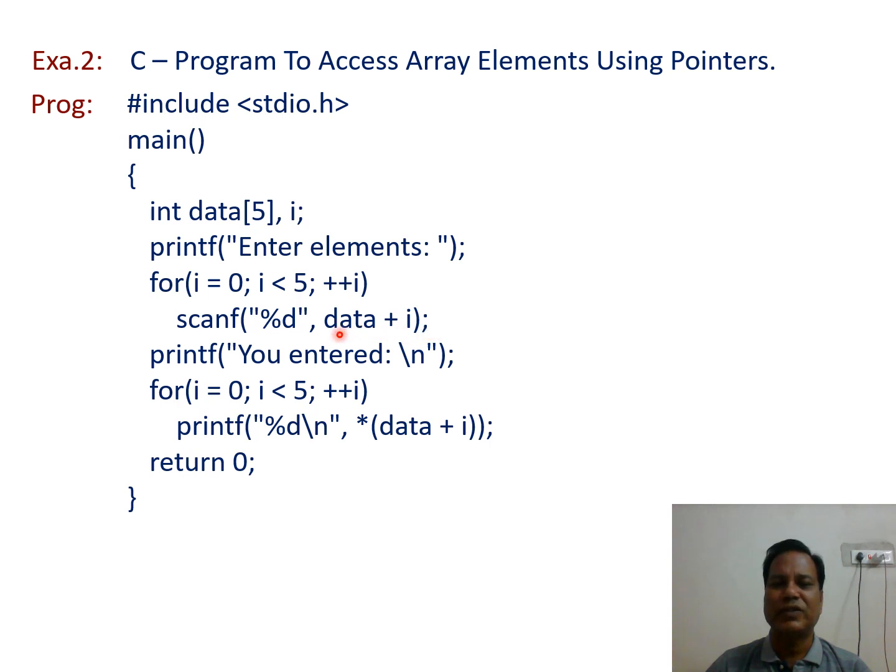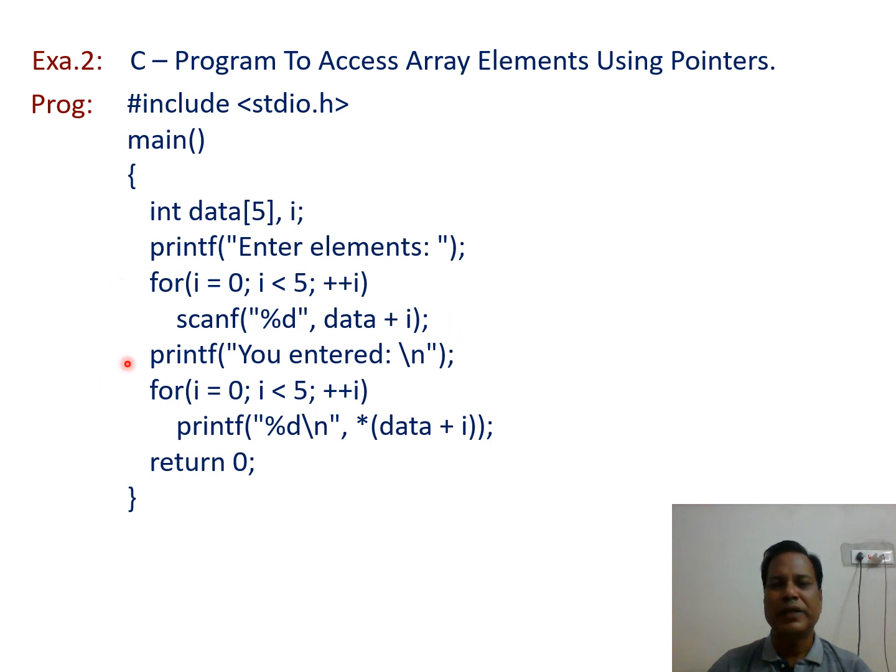So the first data is stored in the first memory location, and the second data, as we are having integer data, so we need 2 memory locations to store the integer data. So this address is incremented by 2. So in the third memory location, the second data is stored. So in this way, just using the pointer here, the name of the array as a pointer, we can store the 5 elements in different memory locations.